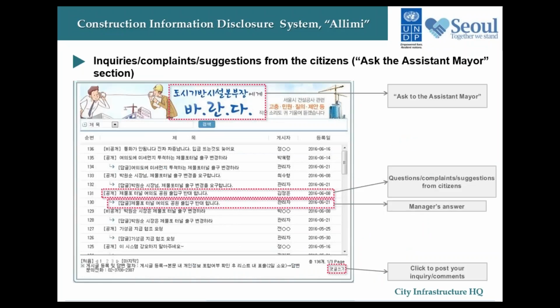Next is this very valued category by citizens, which is called Ask the Assistant Mayor. So here citizens can raise their inquiries, complaints, and suggestions concerning public construction projects managed by the Seoul Metropolitan Infrastructure Headquarters. This empowers Allimi because it makes it not a one-way channel where the public simply passively receives information, but citizens who wish to file a complaint, make a suggestion, or obtain further information concerning any aspects of construction projects can